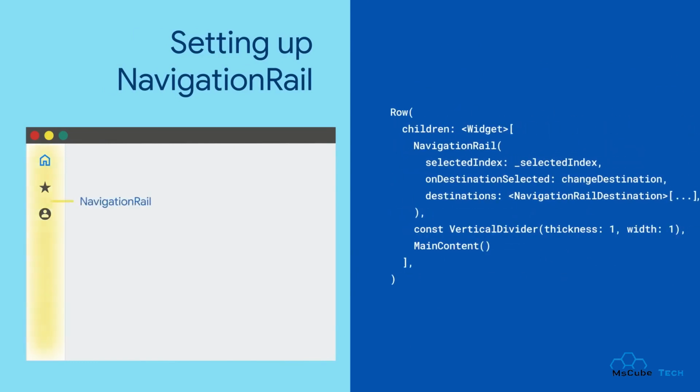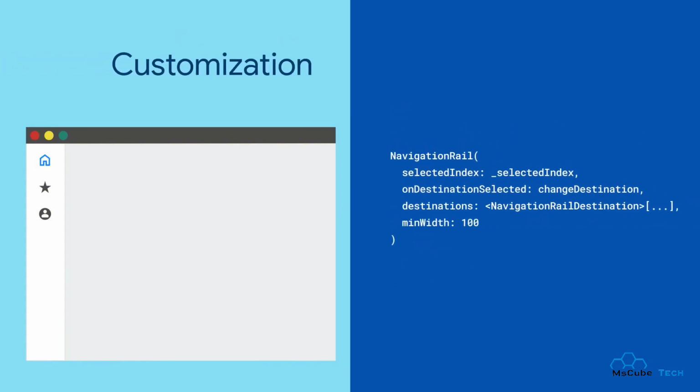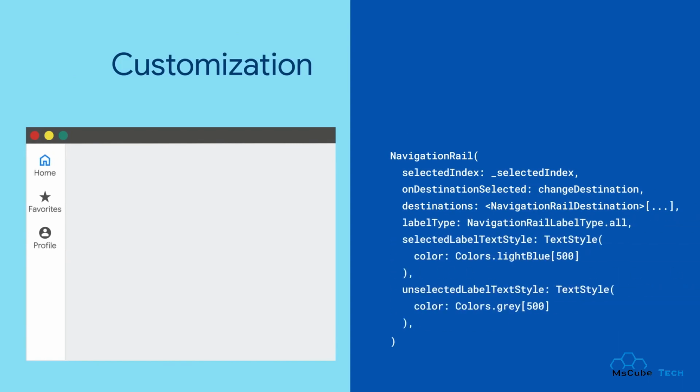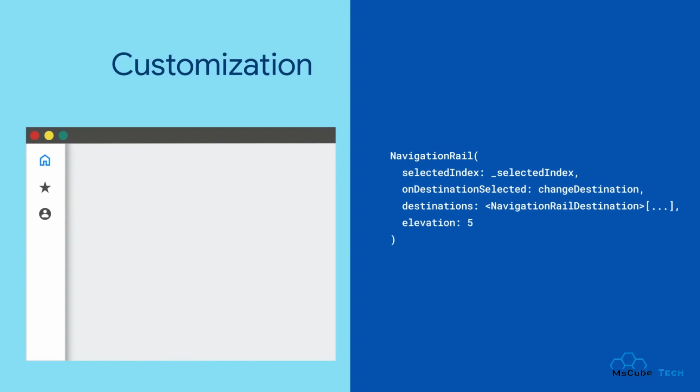From there, add the navigation rail to your page, maybe in a row alongside the main content area of your app, and you're good to go. To get a little bit fancier, you can also set a minimum width for the navigation rail, enable and style the labels for the navigation items, configure the navigation rail's elevation, and add a rounded highlight behind the currently selected